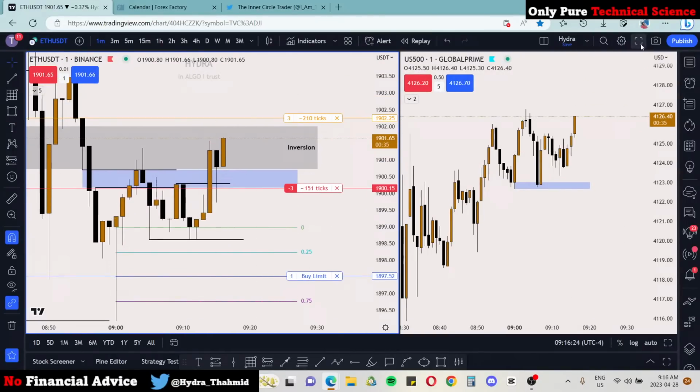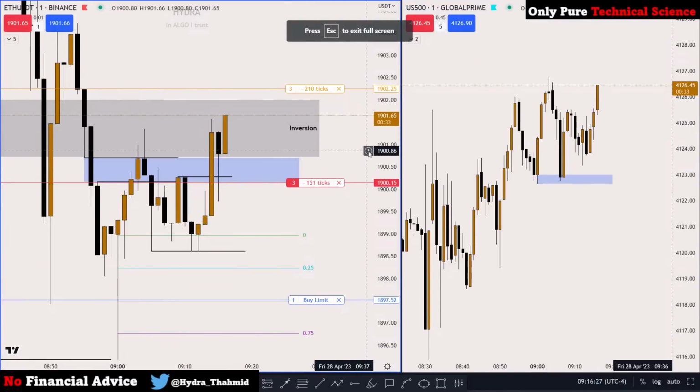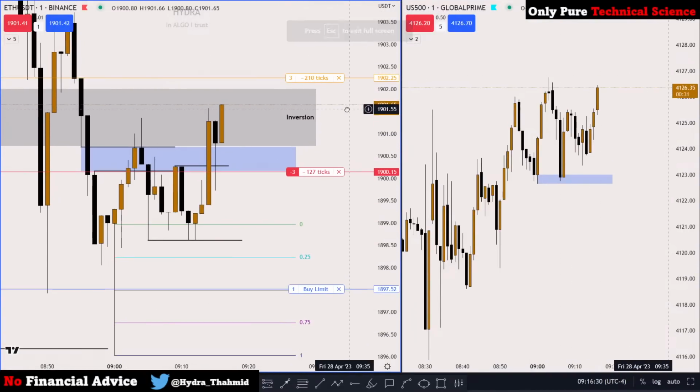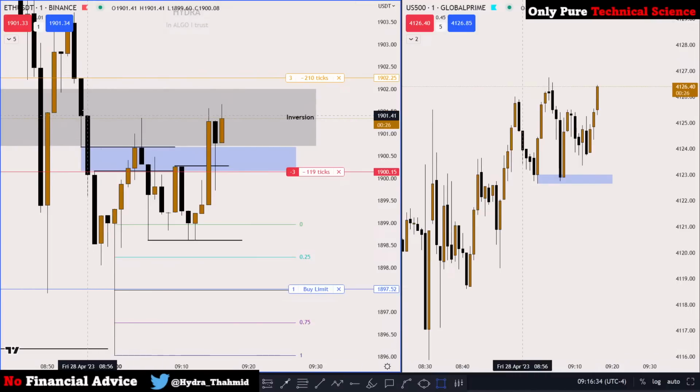So anyway guys, on this trade, I think if price is not rejecting here, it will hit my stop loss from this fair value gap. If it's not rejecting from this fair value gap,